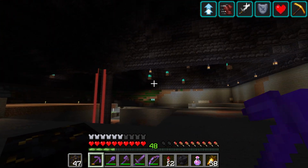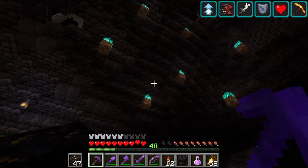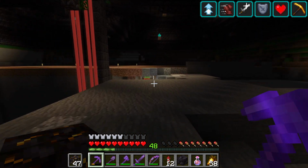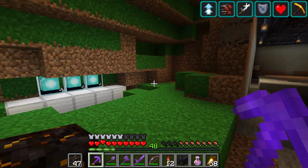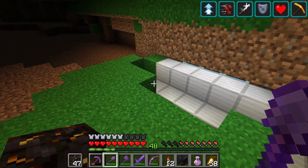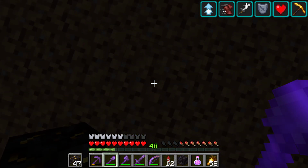Oopsie. And how do the fires look from the inside? Well, the soul sand kind of ruins everything, but it's okay. And by the way, what I mentioned about the hiding mycelium. It's bits like this. These are very obvious, so I can remove them. But there are many more. Here is one. Why was there a mycelium in the